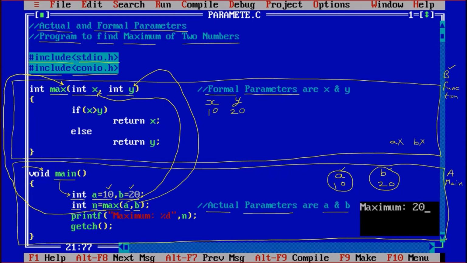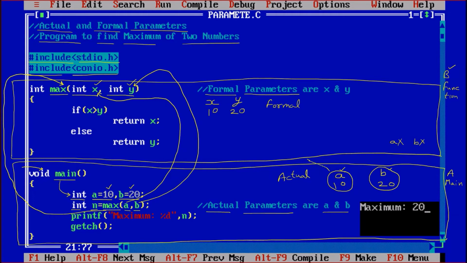Now understand only one simple thing. Those parameters which are used in calling a function are called the actual parameters, because actually, really, these are the parameters. Now, if in the function we are using some other parameters instead of a and b, like x and y, no problem. You can use any parameter because they are the formal parameters. Formal means we are using them formally only for doing the function. Otherwise, really we have a and b. Now, the values of a and b are copied to x and y.